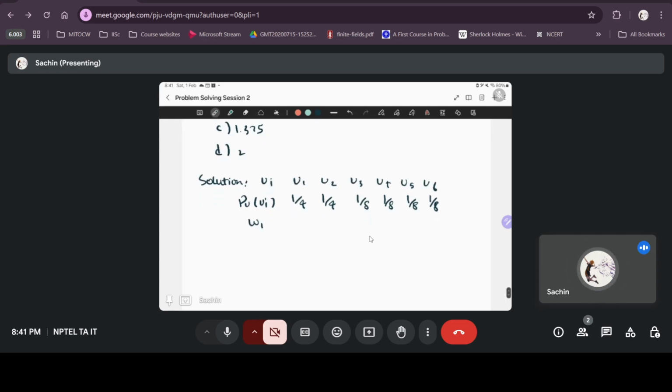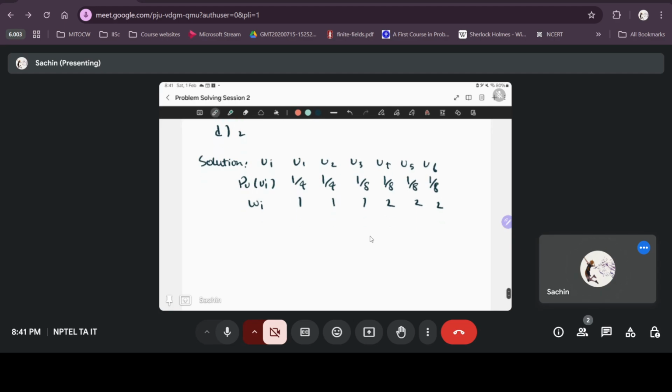And the code word lengths Wi are 1, 1, 1, 2, 2, 2, which gives you the expected value of code word length, summation of P(Ui) times Wi, i from 1 to 6, is 1 by 4 plus 1 by 4 plus 1 by 8 plus 2 times 1 by 8 plus 2 times 1 by 8 plus 2 times 1 by 8,